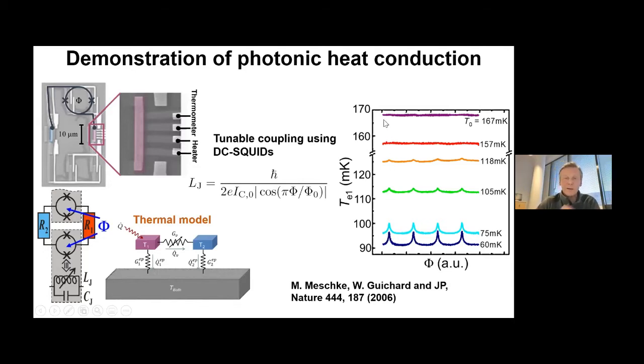So if you do this at very high temperature, and high temperature for us in this case means something like close to 200 millikelvin, you can see that when you put heat here, the temperature modulation of the other one, or even this first one, is quite vanishing, because the electron-phonon coupling, having a high power in temperature, is really shunting the system totally. But when you go to a lower temperature, then the electron-phonon coupling ceases to be the dominant path for heat transport, and you start to transport heat via the other resistor as well, because of this